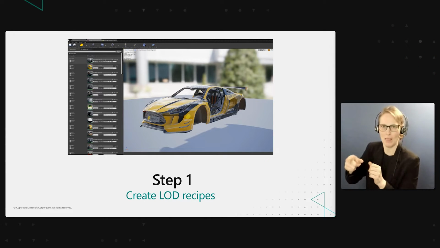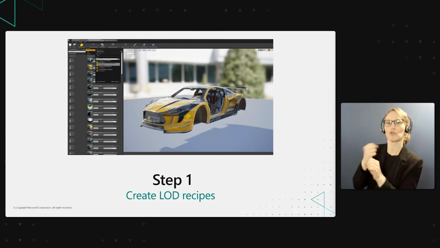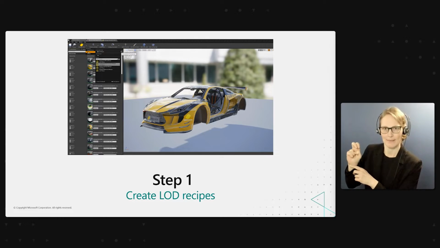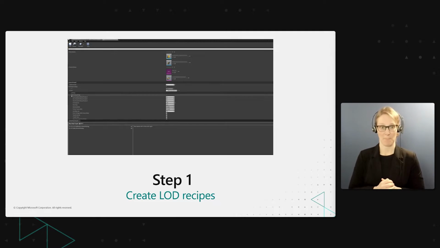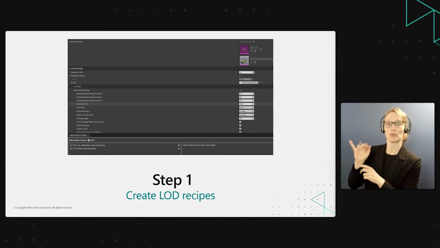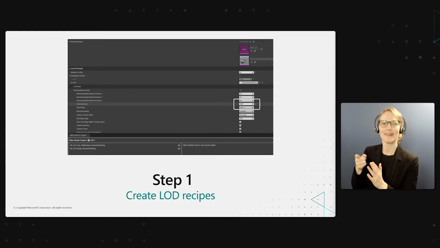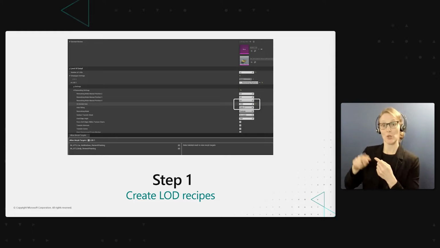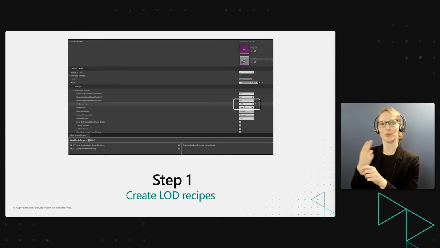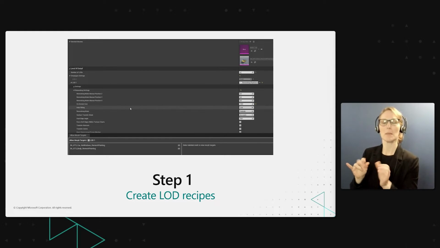And let's have a look at what we do there. So in Unreal, you can do this using our LOD recipe method, but it's basically a set of settings in Simplygon. When we do remeshing, we're using on-screen size. It basically means that we're creating an optimization for a certain screen size.